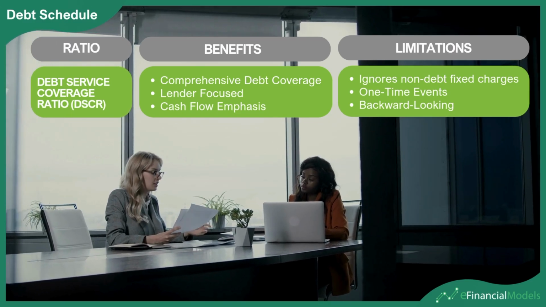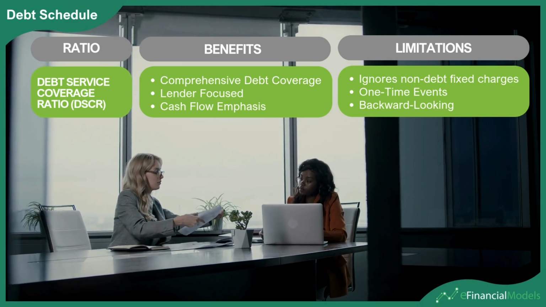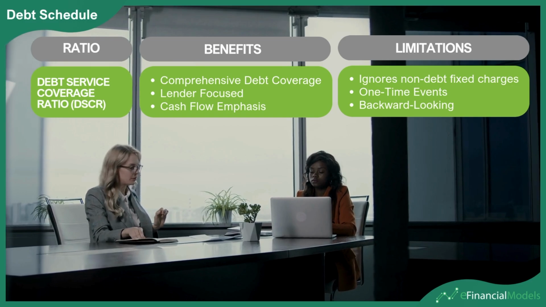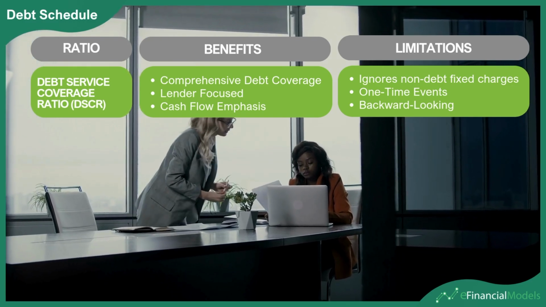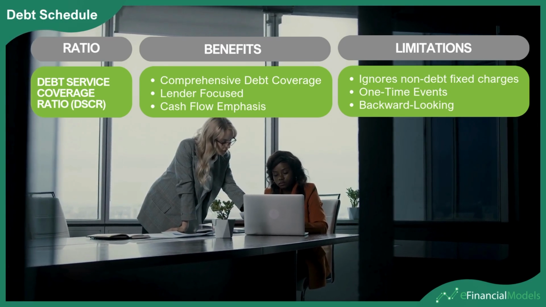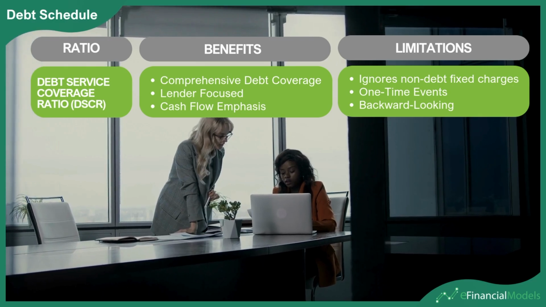DSCR provides a comprehensive debt coverage, showing a holistic view of a company's repayment capacity. It is lender-focused and focuses on the unlevered free cash flow. However, its limitations include: it doesn't typically account for other fixed operating expenses that are not debt-related, such as rent expenses, as well as one-time events, so extraordinary income or expenses can skew the ratio, and it is only based